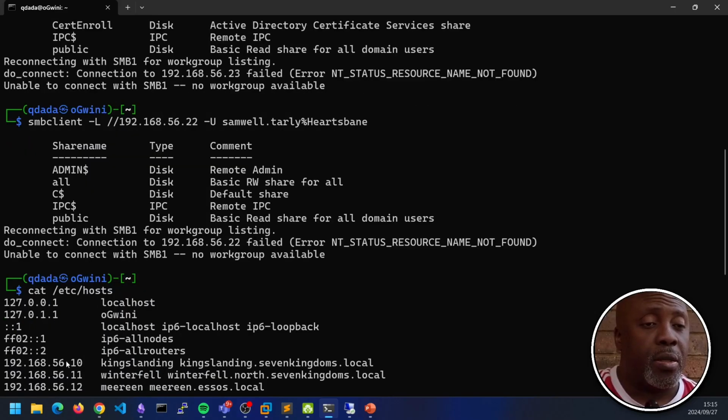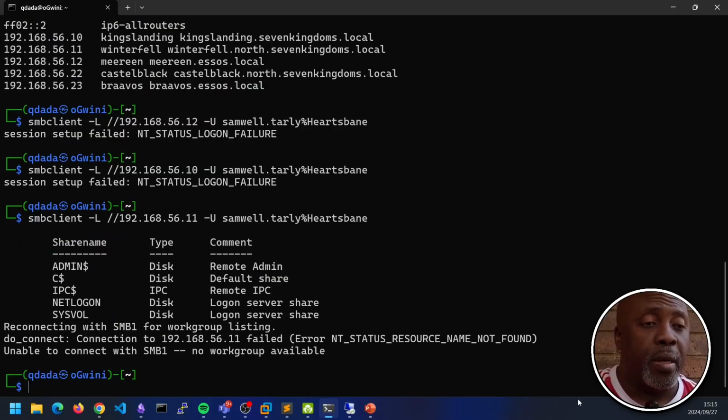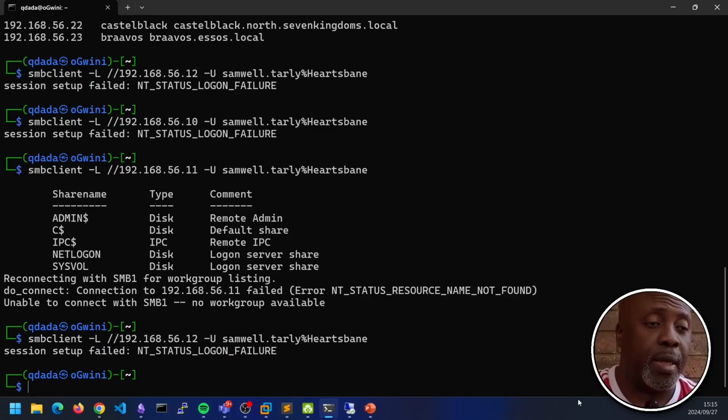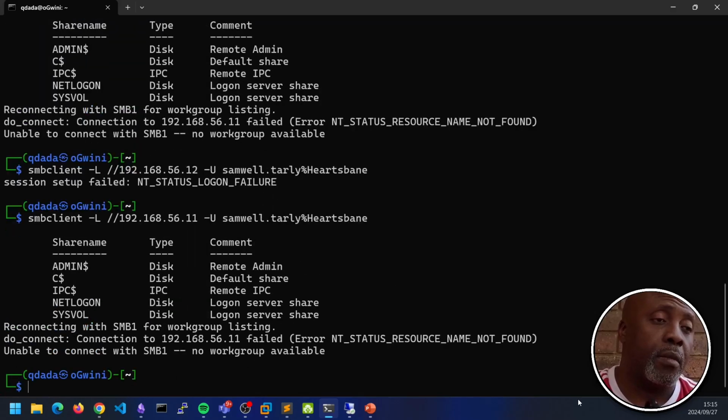We couldn't get access on .10. On 12, what was the result on 12? On 12, we couldn't get access either. So we couldn't get access on the two domain controllers. But on 11, we've got access.